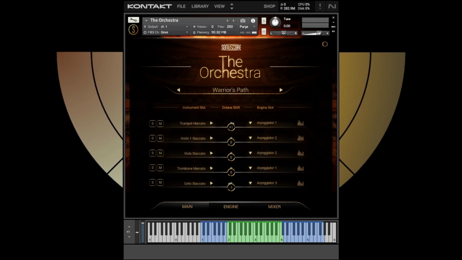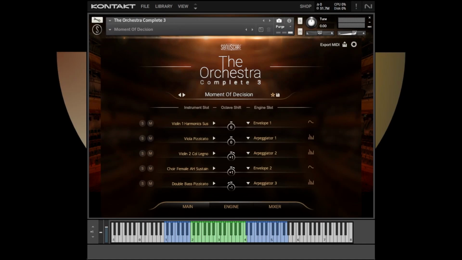Last we'll jump to the Orchestra Complete 3. And right off the bat, you'll notice the user interface has changed. It's a bit wider, a little bit more refined. And you have this export MIDI button up at the top. So when you're in a DAW and you start playing, this will become active and it'll let you export the